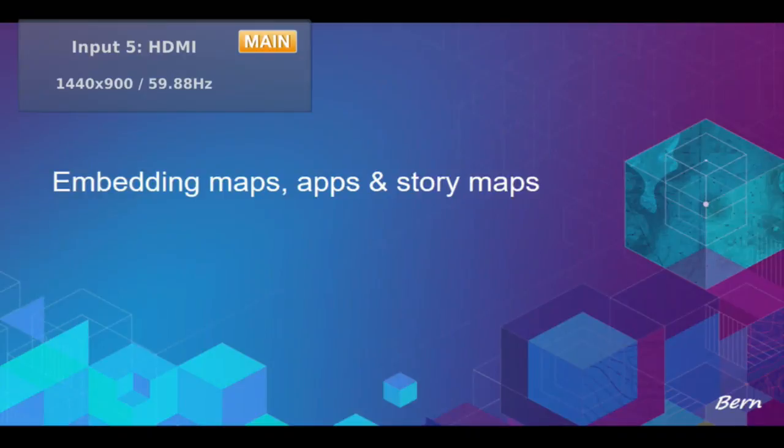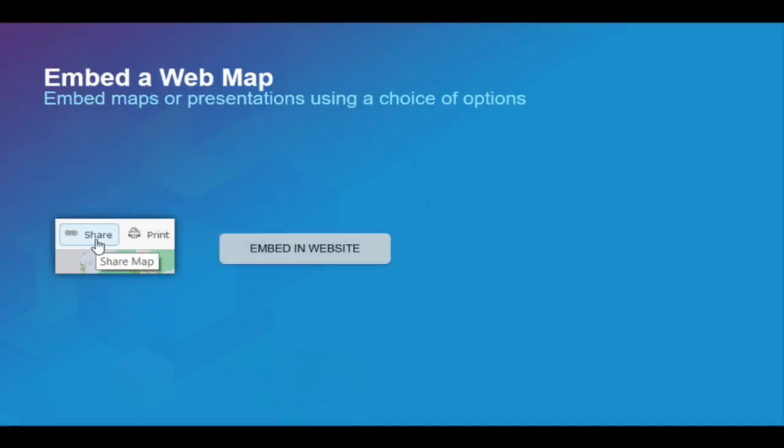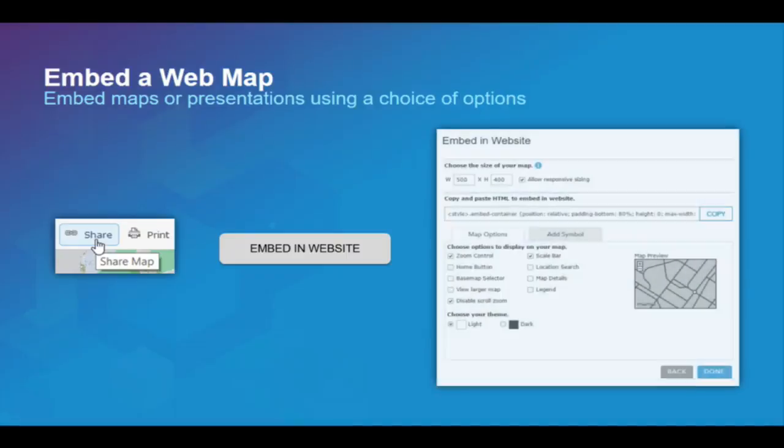All right, so we're going to talk about embedding maps, apps, and story maps. So when you click that share button, there's another button that will be enabled as well depending on how you share it, and that is the Embed in Website button. So before, what we were clicking was the Create a New Web App button, and now we're going to click Embed in Website, and you're presented with a dialog